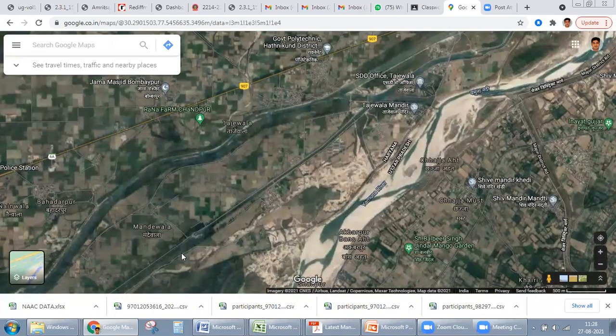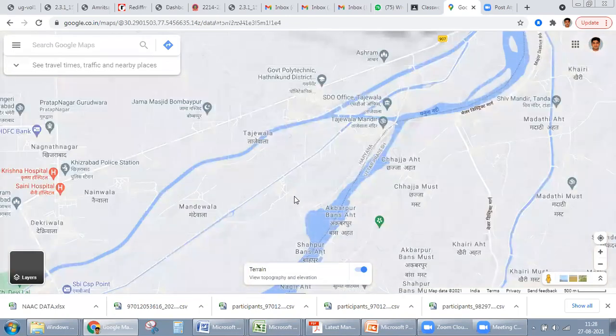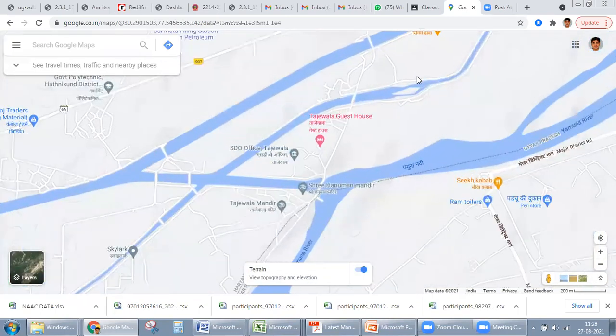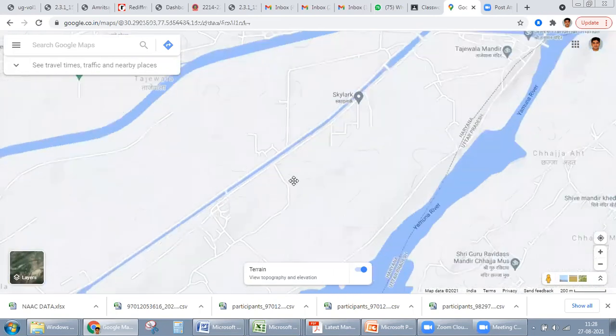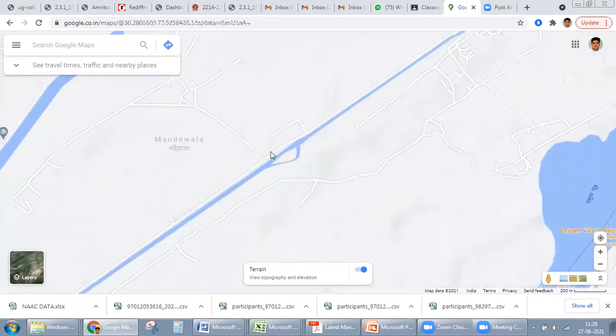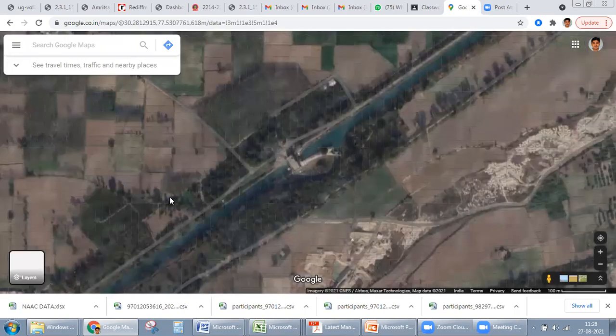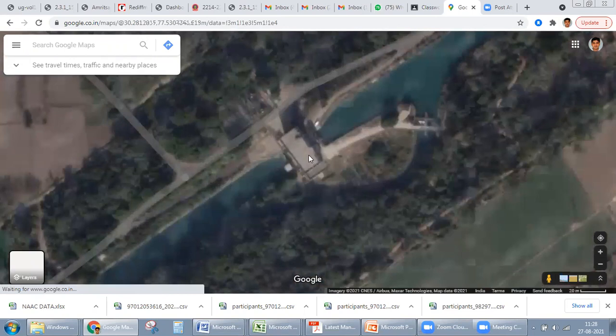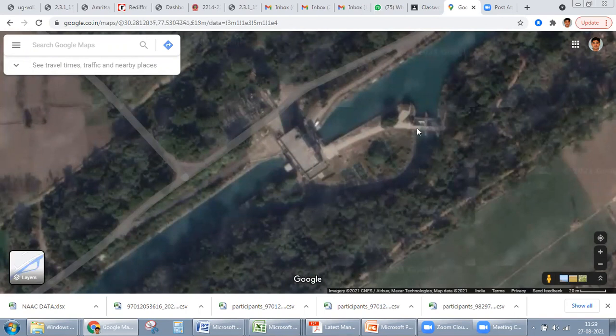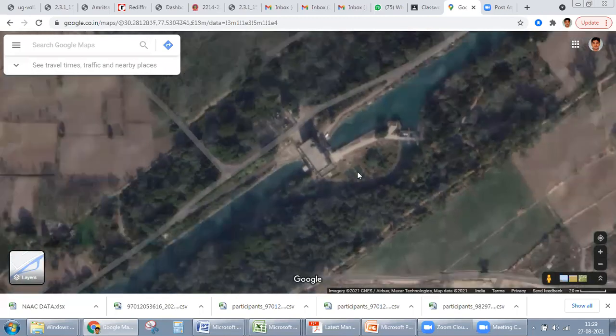And if you move on to the downstream side again, this was one powerhouse. And if you move to the downstream side, now somewhere here you find a similar water pattern over here. So as if this is the bypass. Let us see the satellite view again. Yes, we find this powerhouse in a similar manner. So this is the bypass. Gates are provided over here. Water goes to this powerhouse. After running the turbine, it is discharged onto this downstream side. Otherwise, it is allowed to go through this bypass.